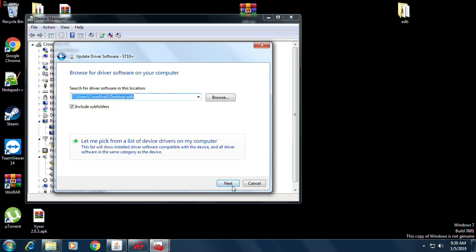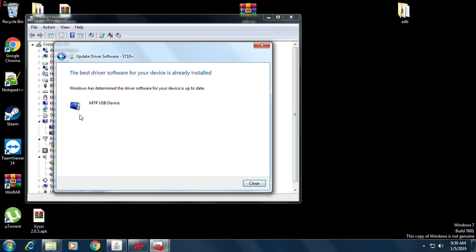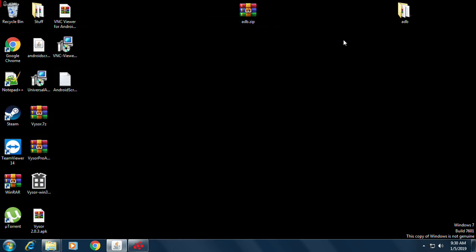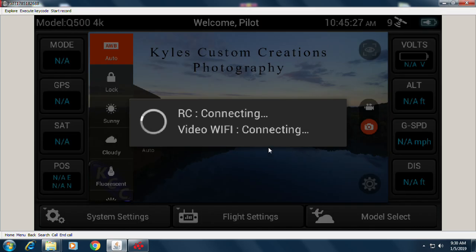Once you hit next here, it will install the driver for you. And then it will say Windows has successfully installed the driver, something along those lines. Then you're all set. You are now 100% able to connect to your ST10 Plus through Windows. Now that we got the connection part done, what we're going to do here is